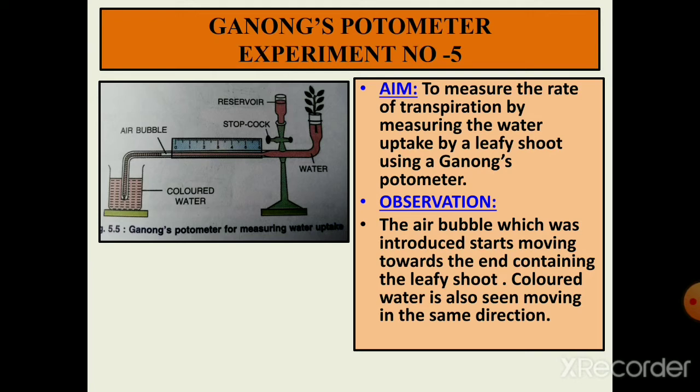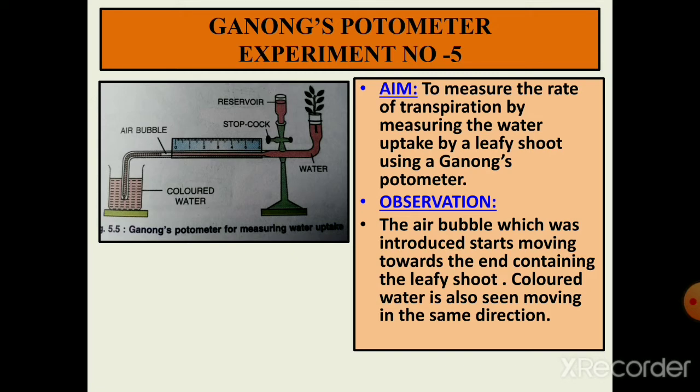We cut it under water so that no air enters the xylem vessels, and we make the slit oblique so that the surface area increases for absorption of water. Place it as it is shown in the figure and make this arrangement airtight. Now fill this entire apparatus with water from the reservoir. After this is done, this whole setup is ready for the experiment.